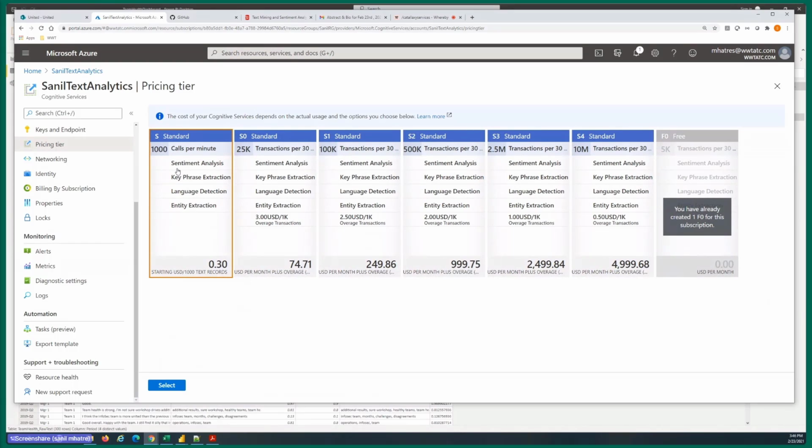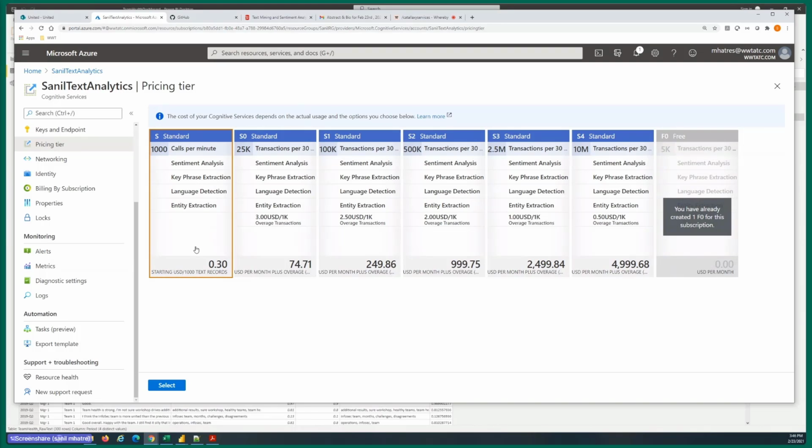Standard tier is one level above free. So if you go all the way to the right hand side, you'll see the free tier. It's $0 per month because it's free, but they cap you at 5,000 API calls every 30 days.